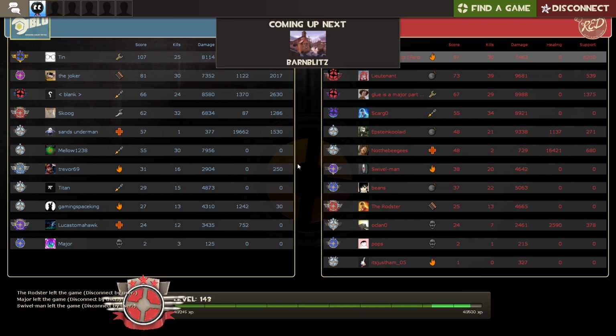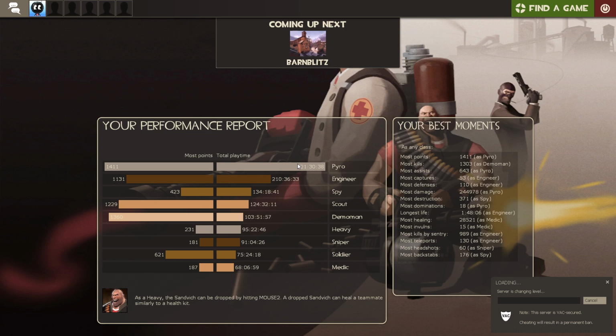Now, the problem with going to a new map is that a lot of people leave and a lot of people join, and with that is often a lot of bots. And I really don't want to play a big game with a lot of bots, but